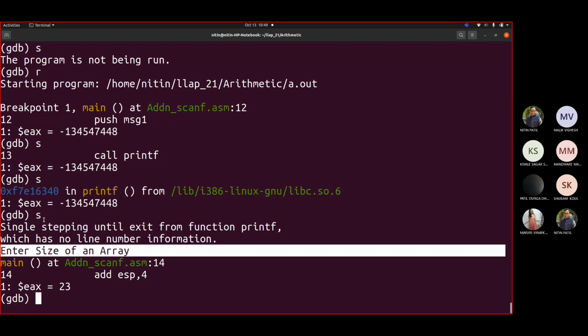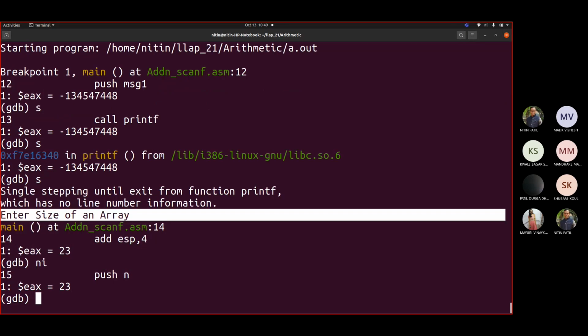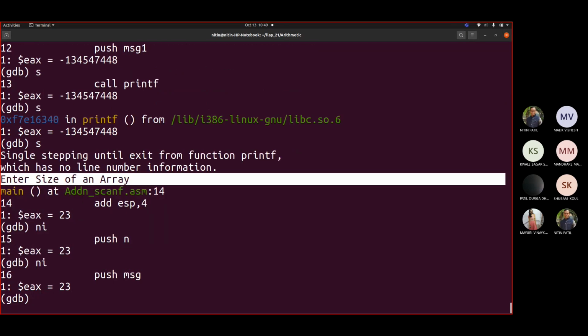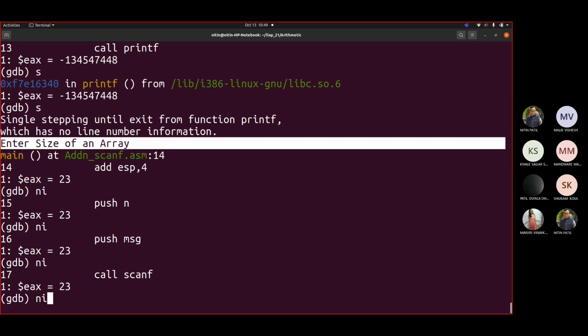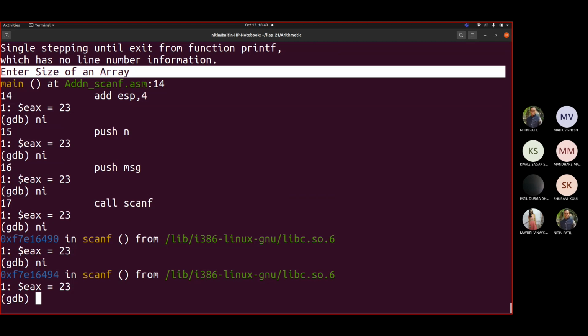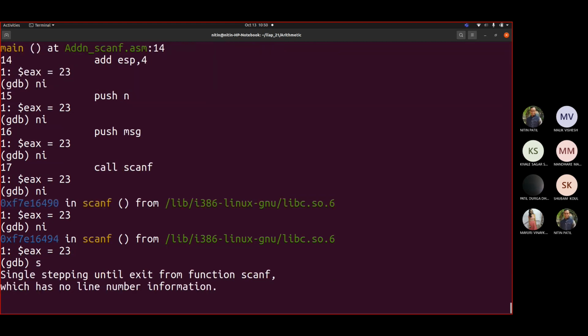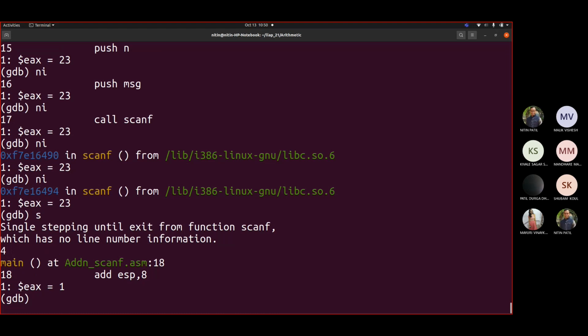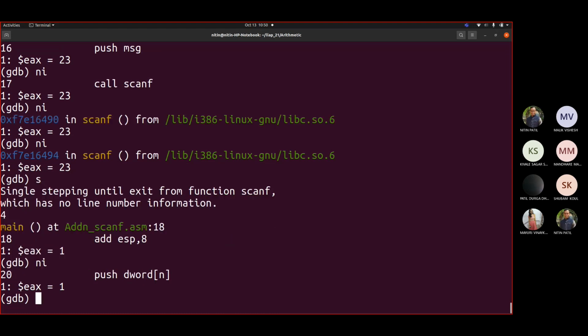So now if I write ni, then it will enter into scanf code. So instead I will write step. So it is waiting for my value. Suppose I write 4. Fine. Say ni. Now step.